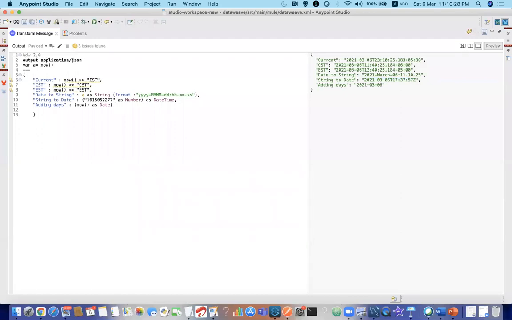Now as date, if you want to add days, what you have to do is plus, then two pipe symbols. Within the pipe symbols, P is nothing but period. How many periods? I want to add 2 days to it. So D represents days, 2 represents the number of days, and P is period.